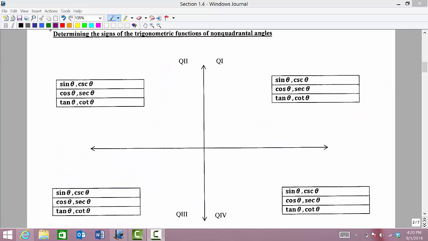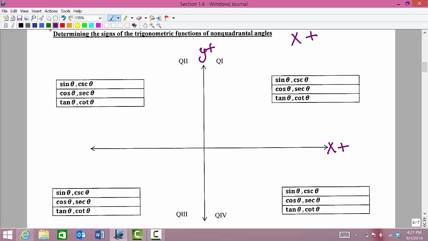Determining the signs of the trigonometric functions of non-quadrantal angles. Going forward, it will be important for you to be able to tell the signs of all of the trig functions given the quadrant of the angle. In quadrant 1, we know that x is positive and y is also positive. So let's write that down. X is positive, y is positive, and remember that r is always considered positive